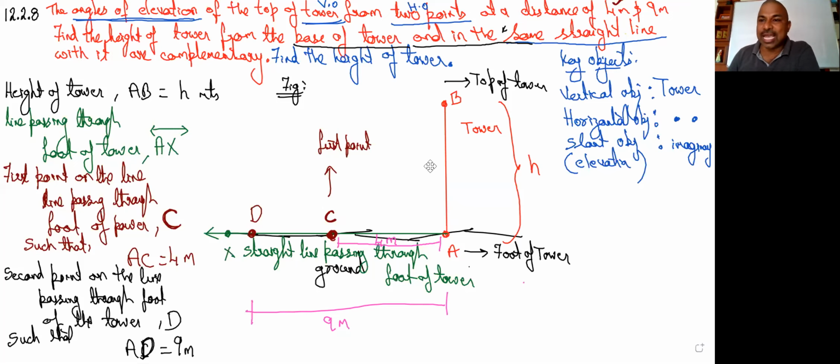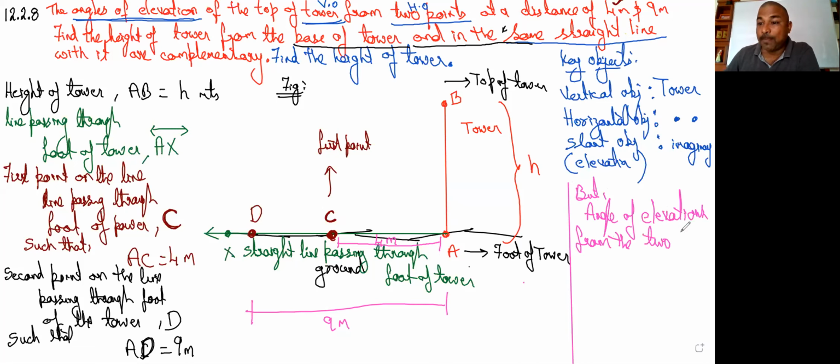So what are the 2 things he has given? Let us draw here. What he says is that the angles of elevation from the 2 points are complementary. What kind of angles are they? Complementary. Shall I call it given? Yes, sir. They are givens, which implies